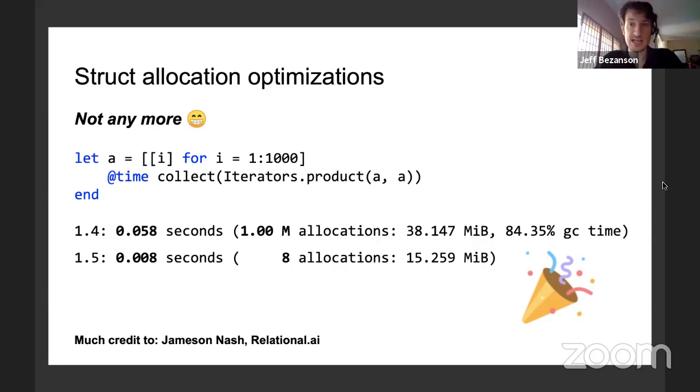So this is just fantastic. This is going to really help a lot of abstractions work with no overhead. This also affects array views a lot, and subarrays. So you can use those without fear now. It's a whole category of abstraction overhead that is gone. I have to thank Jameson Nash for doing a lot of the work on this, and Relational.ai, which sponsored this work, because they recognized how important a category of abstraction overhead this was to remove. So they sponsored this project, and it's done, and it's in 1.5.